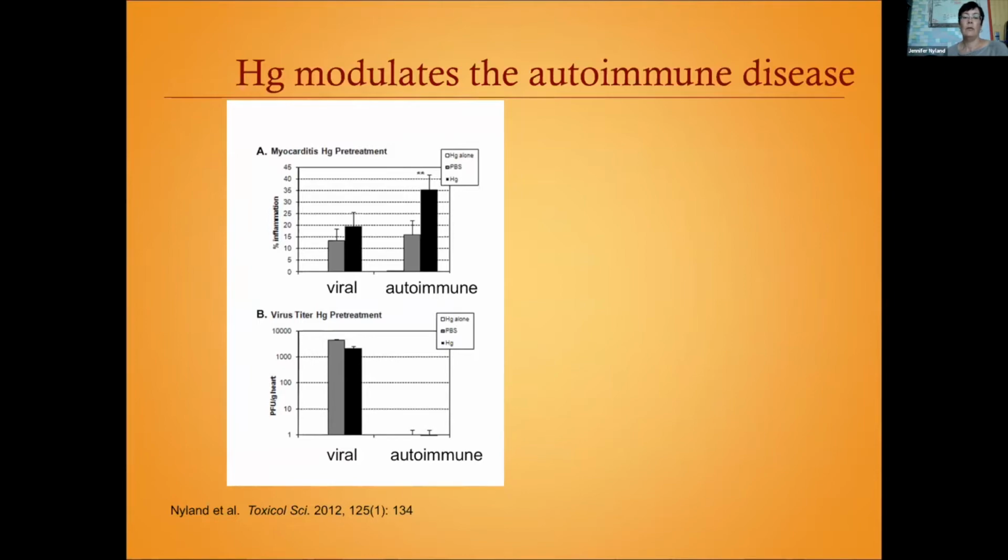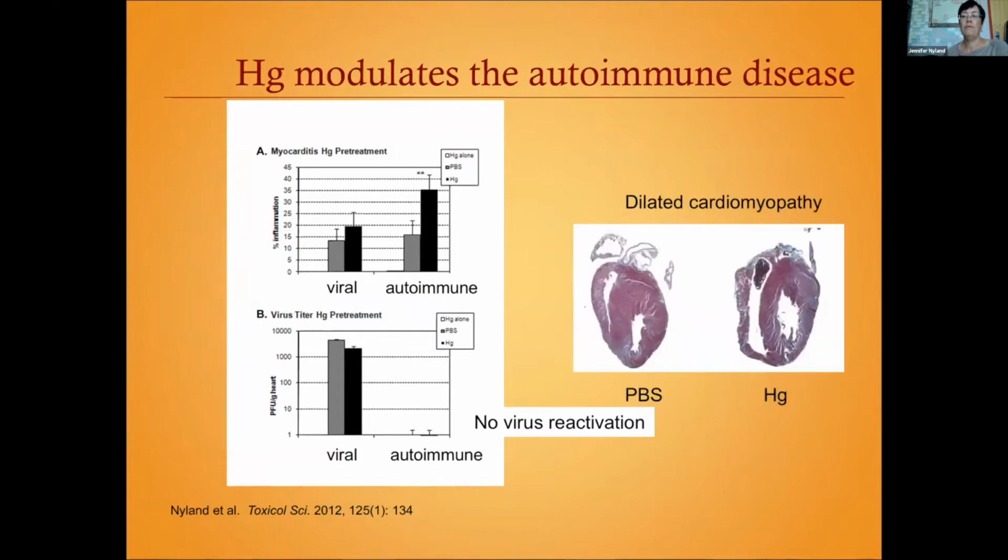And this bottom panel, the autoimmune viral titer, that's just to demonstrate that the mercury treatment is not activating the virus again. It's not that the virus is somehow going latent and hiding in the tissues, and then the mercury exposure is somehow reactivating it. So this is truly an autoimmune response. So it's your own immune system attacking the heart rather than the virus doing the work for you. So there's no virus reactivation, but the mercury exposure before viral infection is sufficient to significantly increase the inflammation